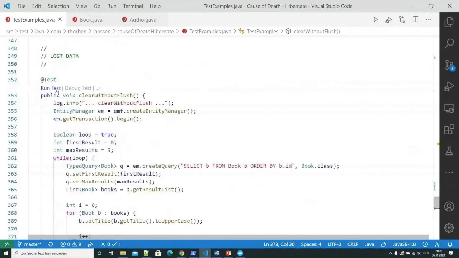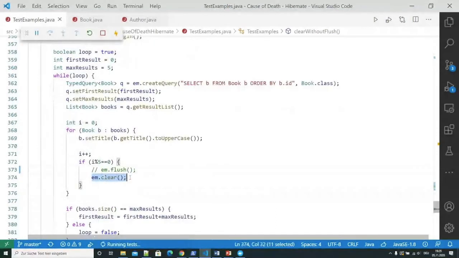You probably remember that I talked about a call of an entity manager clear. And then I said that you might lose changes if you clear without performing any flushes before that.